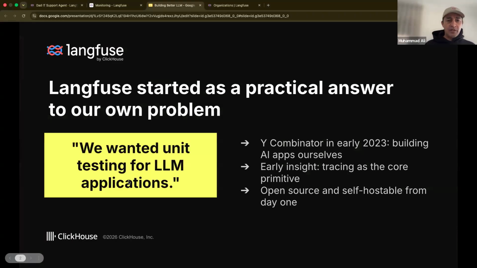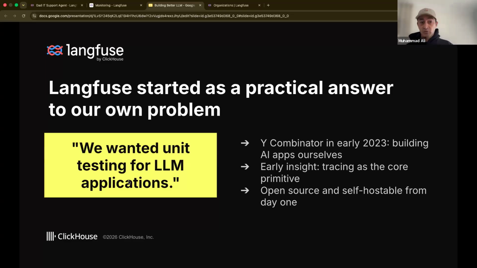So what is Langfuse and how did it start? Basically, the co-founders of Langfuse were part of Y Combinator in 2023, which is a startup incubator, where they were building something with AI, and they wanted to monitor what they were building and also improve it.